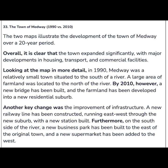The two maps illustrate the development of the town of Medway over a 20-year period. Overall, it is clear that the town expanded significantly, with major developments in housing, transport, and commercial facilities. Looking at the map in more detail, in 1990, Medway was a relatively small town situated to the south of